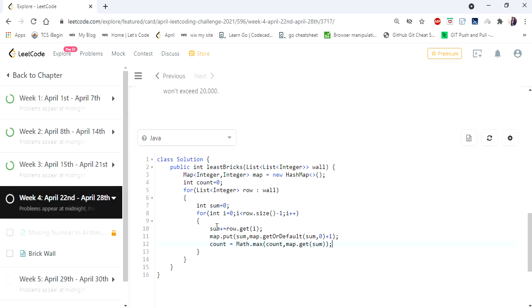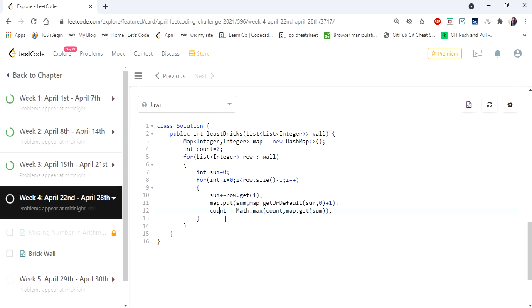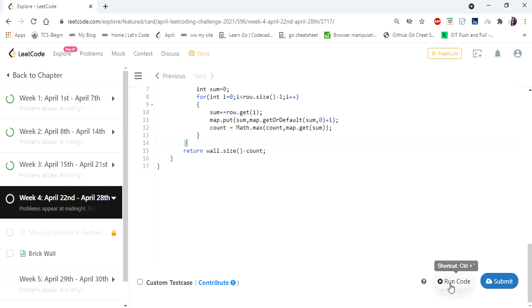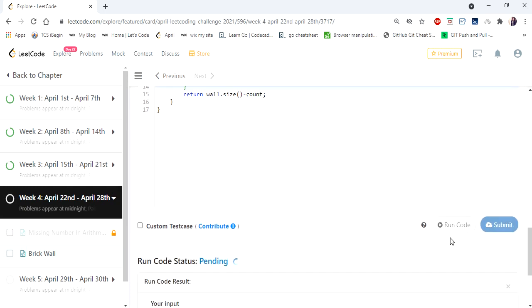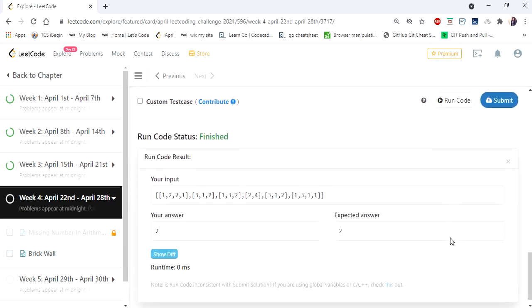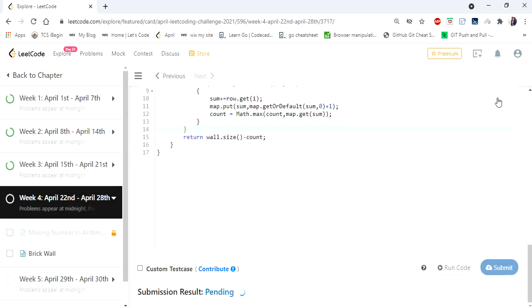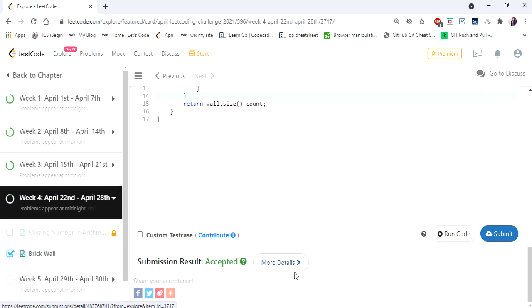So yes, once iteration is done, our count is going to have the value of the maximum occurred sum in the hash map. So finally return wall.size minus count. So yes, let's run and try. Let's submit. Yes, the solution is accepted